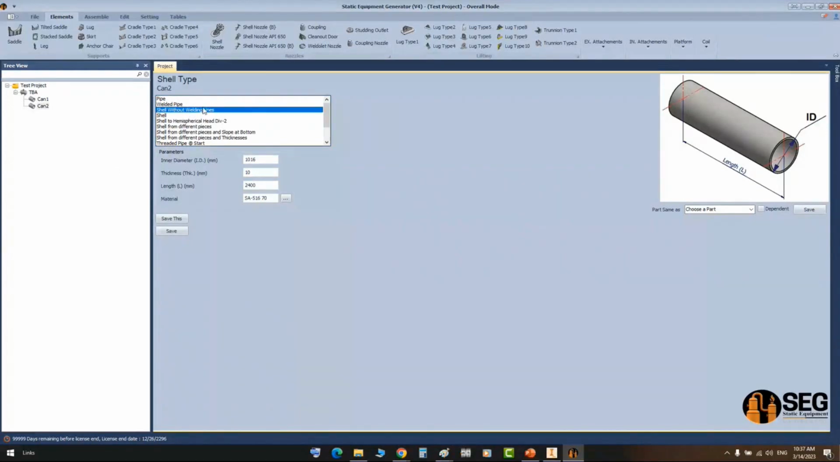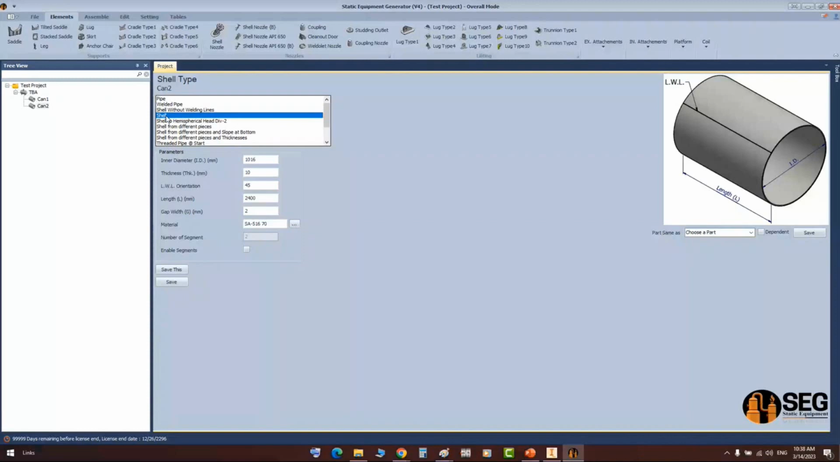Now, one of the important types is the shell, the normal shell type. You can use this type in pressure vessels, columns, and storage tanks, by the way. This type of shell gives you the ability to make an automated calculation for the required number of shells. For example, here, if you have this shell,